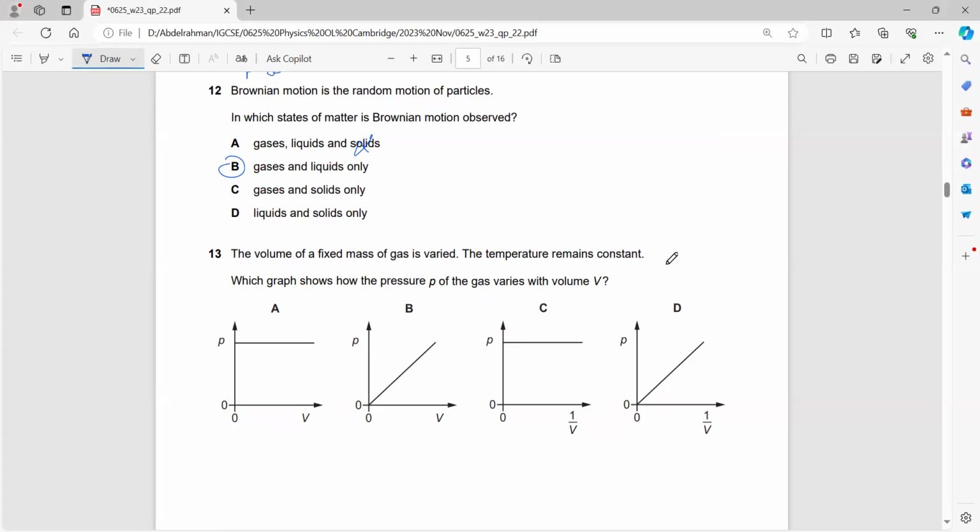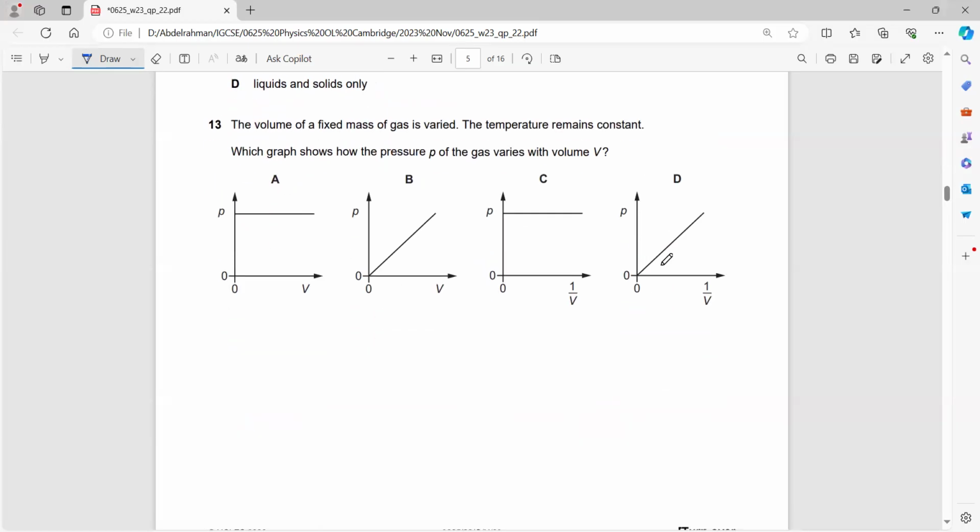What? Oh, wait. See, now this is where you should get confused. It's not A or D, I think. We are familiar with another graph, which is that the pressure and the volume are inversely proportional. For example, this is the pressure and the volume. We are familiar with this graph, that they are inversely proportional. Okay, so A and B are wrong.